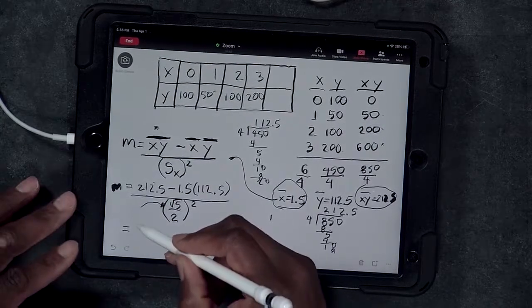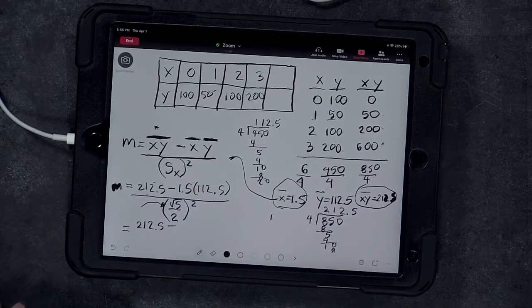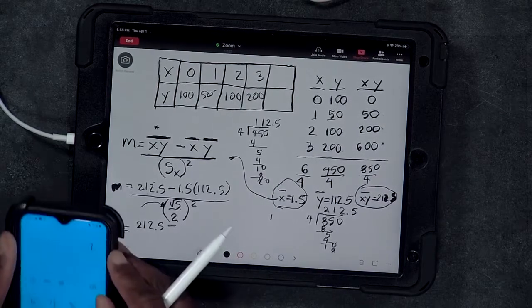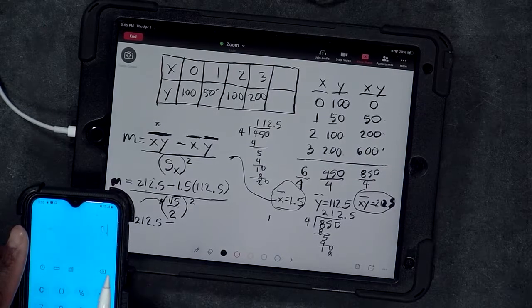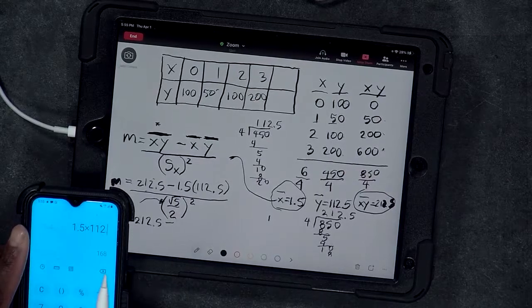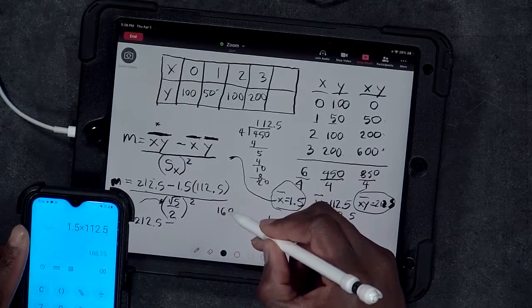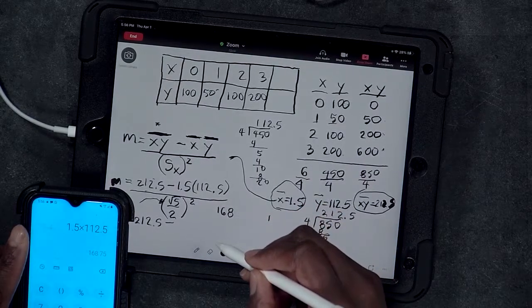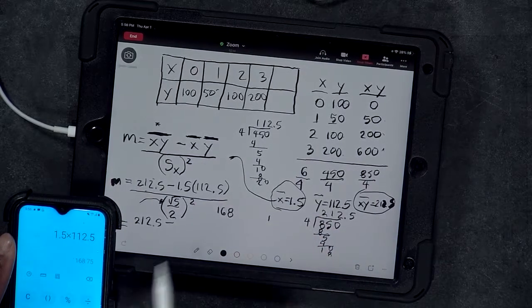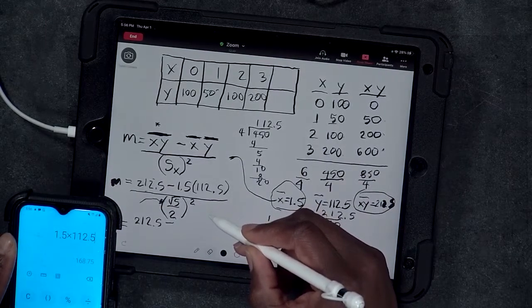So what I'm going to do is I'm going to take 212.5 minus, now I'm going to take 1.5 times 112.5, and I got 168. Oh, okay. Yeah, okay, forgive me. I need to take